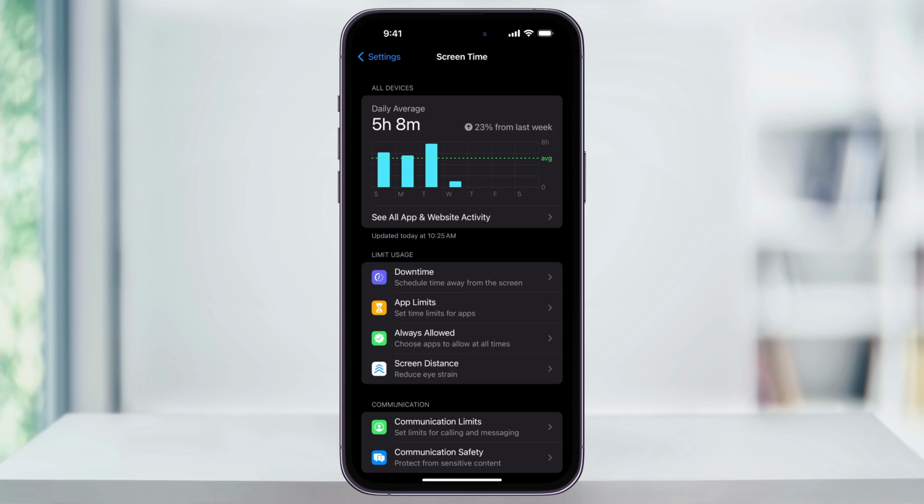screen time usage. If this is your first time coming into this menu and you currently do not have screen time turned on, then you'll have to turn the feature on, and then you'll have to wait a little while as your iPhone collects the data to show you. I've had mine turned on for a long time now, so I can go ahead and show you what it